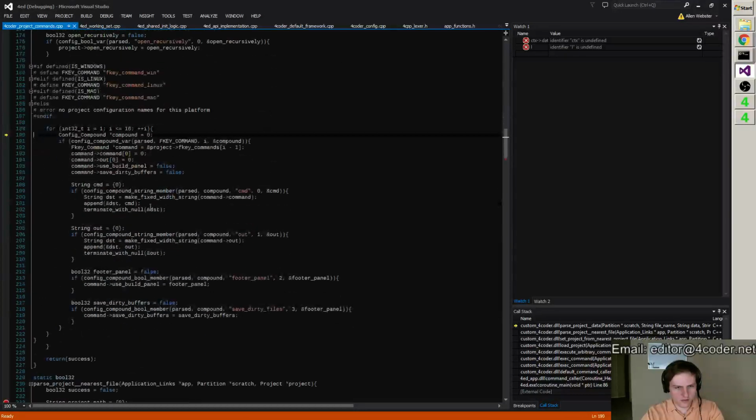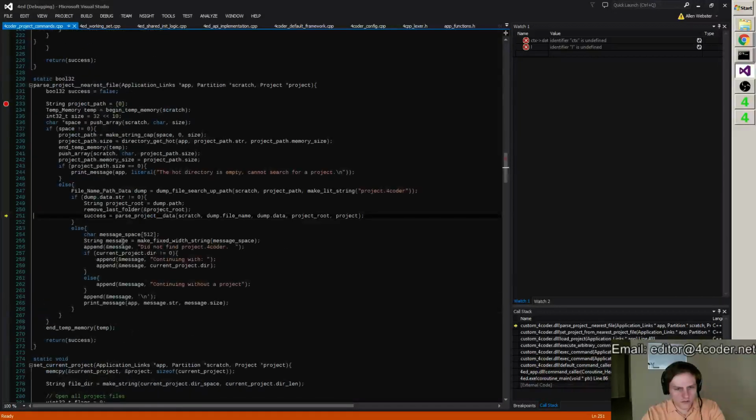We're opening recursively. Yeah, this looks like everything is going as it should. Let's take a quick look at the F key commands here. This one, for instance, has the build for x86 Windows stuff right there. You can see it. Save dirty files doesn't look like it has been set correctly. Alright, so we didn't get save dirty files quite right, but everything else is good.